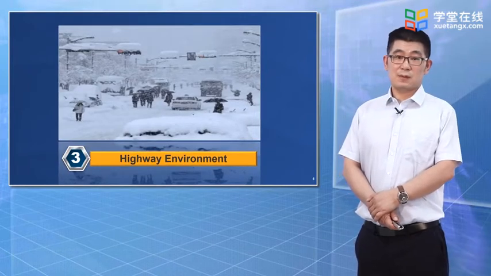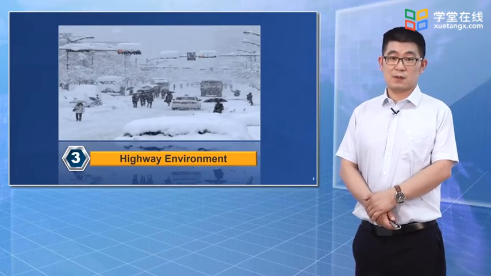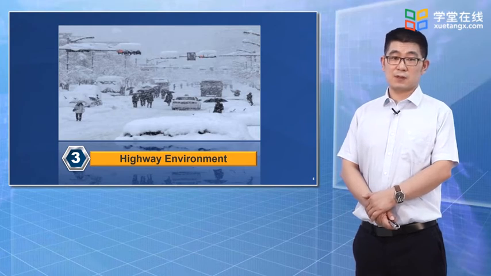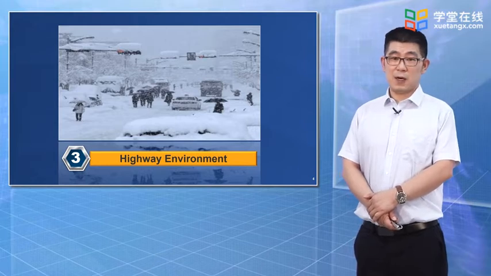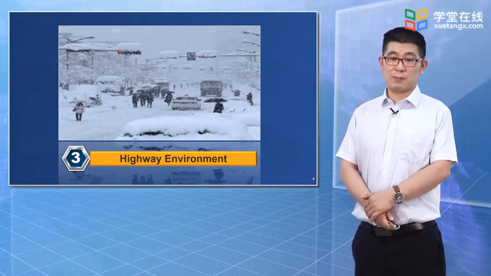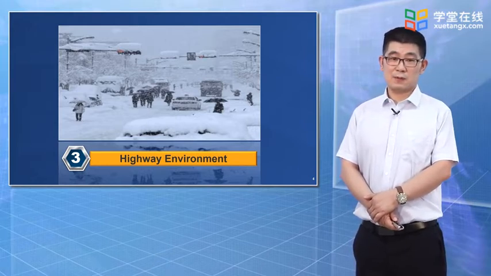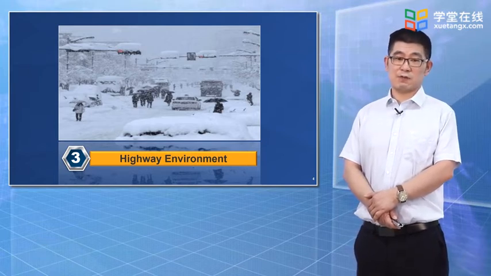Part 3, highway environment. There are various environmental conditions which influence subgrade and pavement engineering. This part first introduces typical impacts of the environment, then discusses 3 environment-related Chinese specifications: